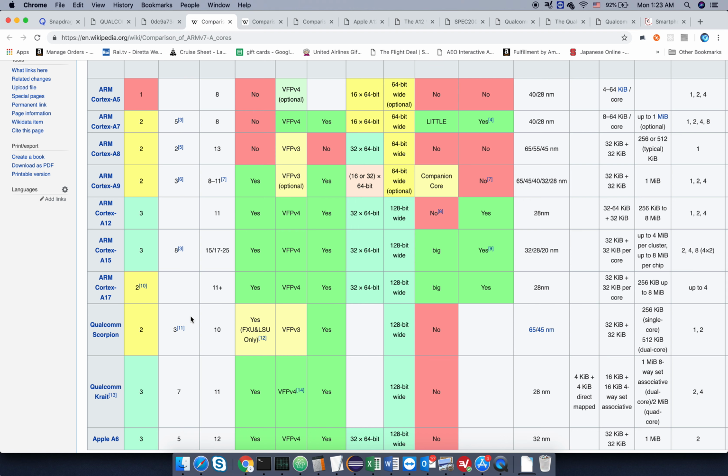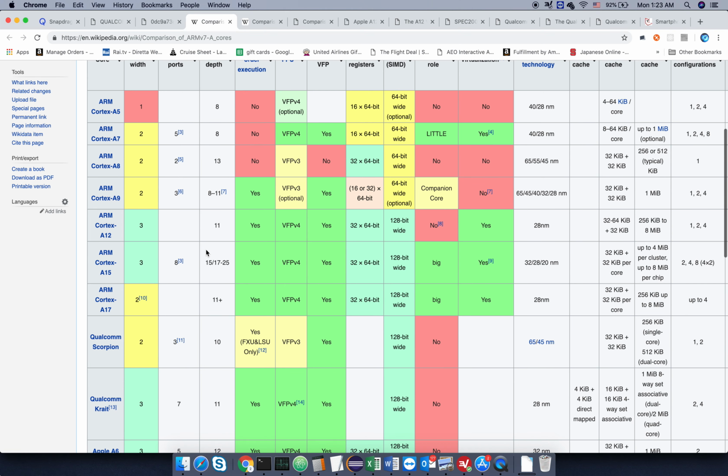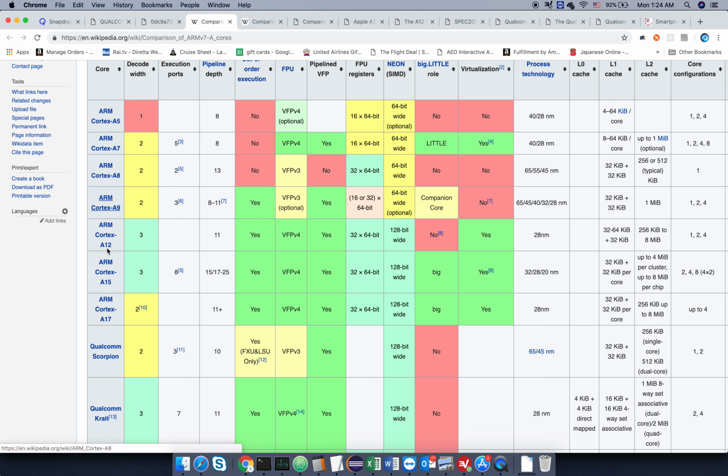It's ground up built by Qualcomm, and you can see that if you compare it against the ARM designs: the decode width is different, execution ports are different, and the pipeline length is the same as A9 and A12, but not A15. And it has out of order execution, unlike a lot of the older ARM cores.